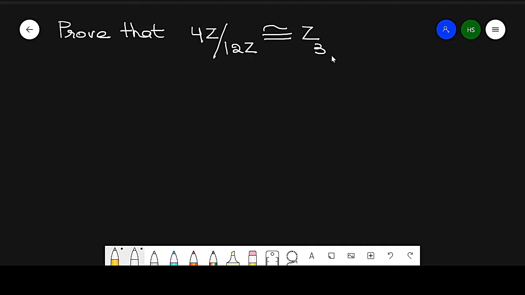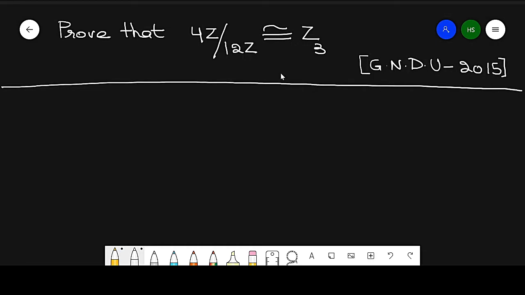Now prove that this is isomorphic to this group, the additive group of residue classes modulo 3. So this is an additive group of residue classes modulo 3. Now this is again a very important question. This was in the 2015